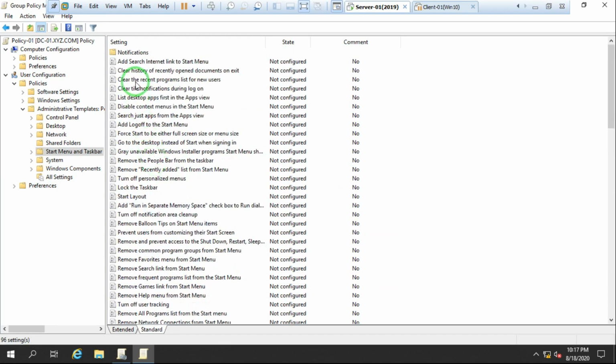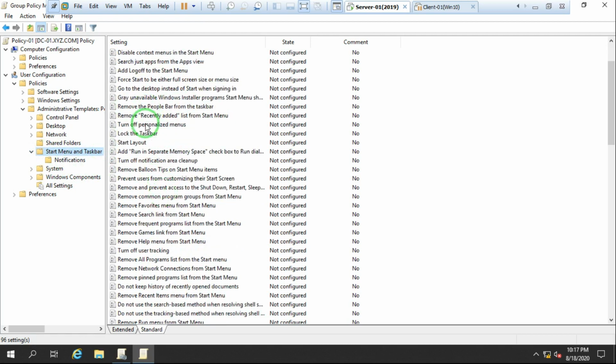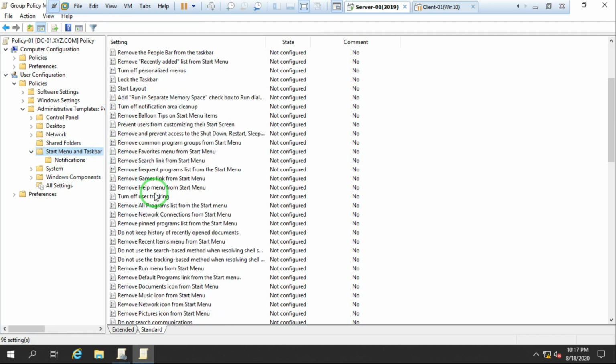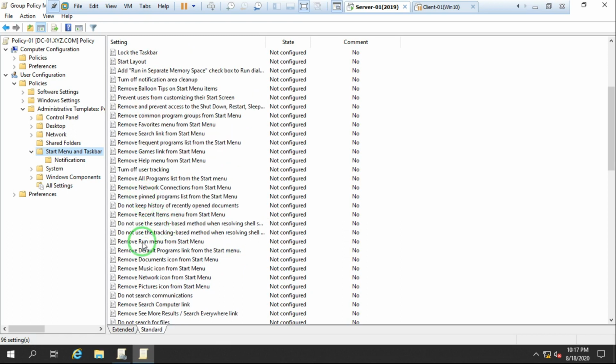Need to check again. Here it is: remove run from start menu.